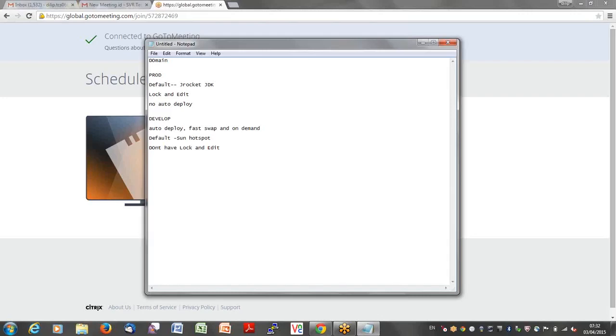See, in the development environment, you have three more varieties of deployment called auto deployment, fast swap deployment, and on-demand deployment. These are not useful in the production environment.